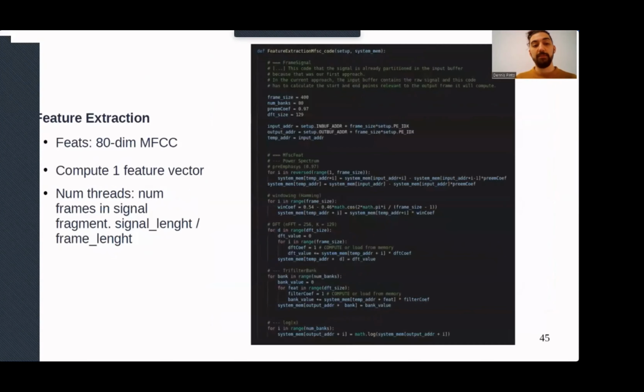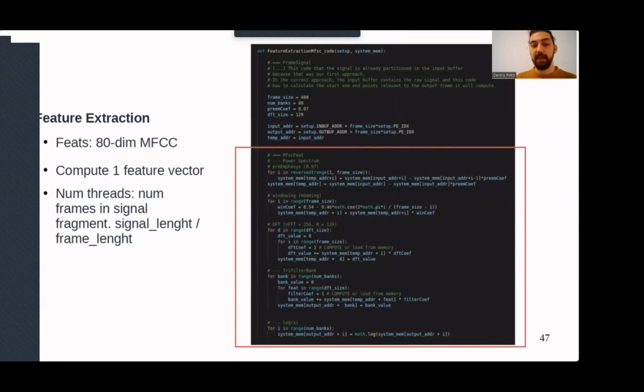This code implements the feature extraction kernel, which is the first kernel executed during the acoustic scoring phase. It implements the transformation of a single input frame into a feature vector and is executed once per frame. The first part of the code configures some parameters of the thread, as you will do when programming for a GPGPU. The second part of the code implements the MFCC algorithm.